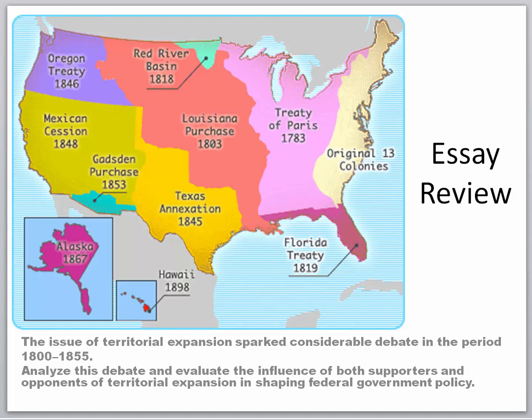Of the 3, this is the most difficult one for you to organize, so I don't really have an outline. I just did it in chronological order, and then you can decide how you would like to approach the structure of the essay. But the question is, the issue of territorial expansion sparked considerable debate in the period 1800 to 1855. Analyze this debate and evaluate the influence of both supporters and opponents of territorial expansion in shaping federal government